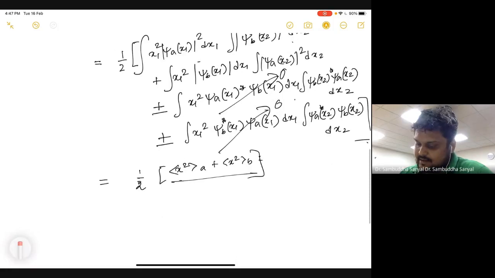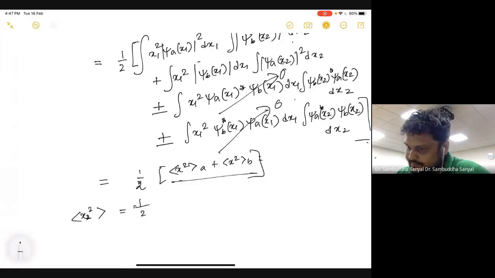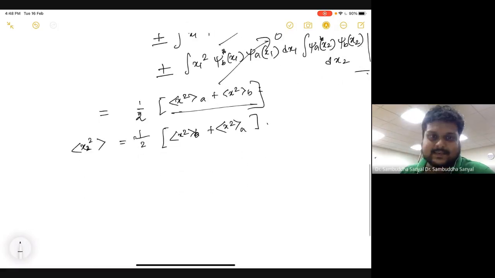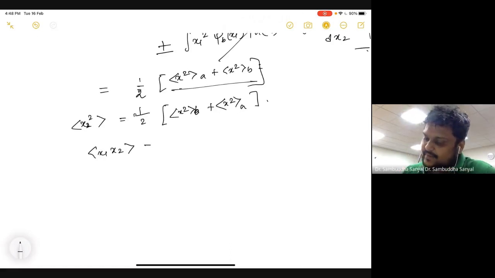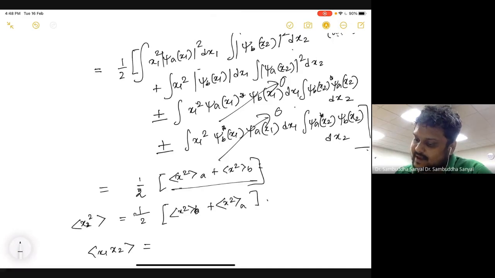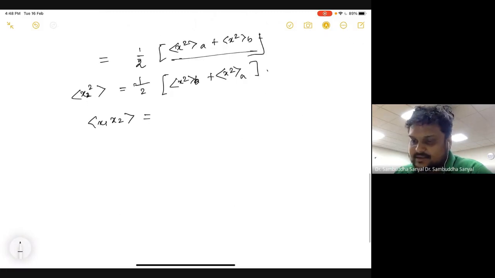The same thing will happen for x2 square, because it is a symmetric calculation. So you get half of x square A plus x square B. Here you get AB, here you get BA, but they are basically the same thing because they are just added. Similarly, you can do the x1 x2 calculation. If you have understood this, I don't need to do that calculation. It is the same, except the cross terms will not disappear because they will have x1 here and x2 here. So you understood that, right? Why it cannot disappear?